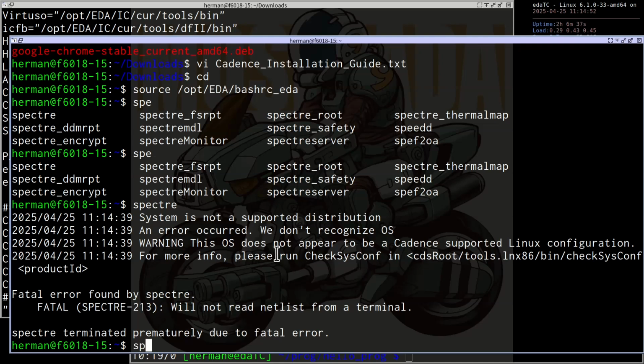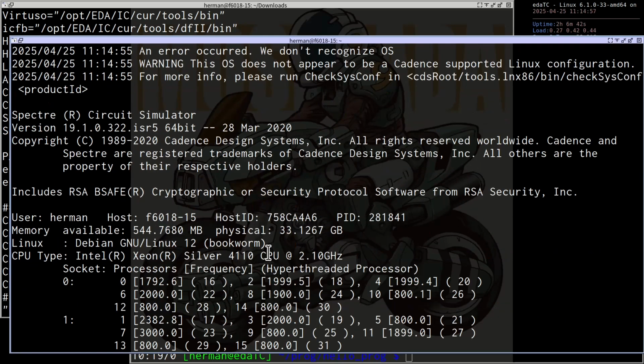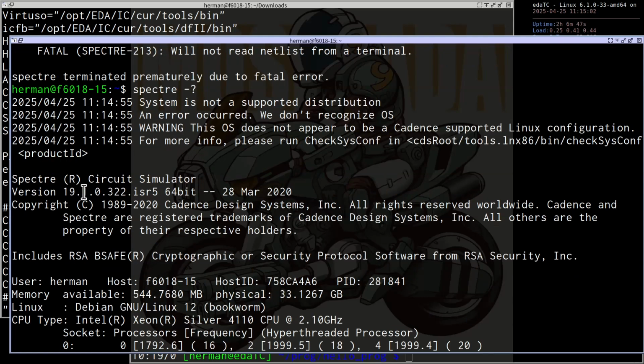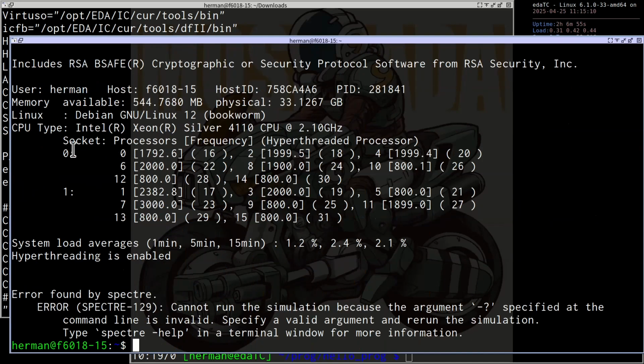capable to execute. So I can end the class. If you type spectre -?, it will show you the version. I'm not sure which version this is. Anyway, if you type spectre -?, it will show you some information, but you didn't give it a netlist, so it cannot run simulation. Okay? So the class today is finished. We can go home. Just kidding. Really, we finished 45 minutes early. Okay.